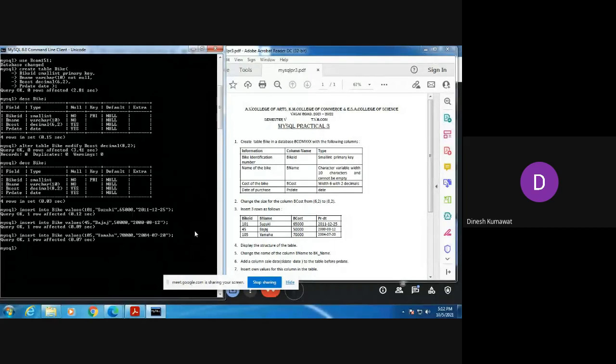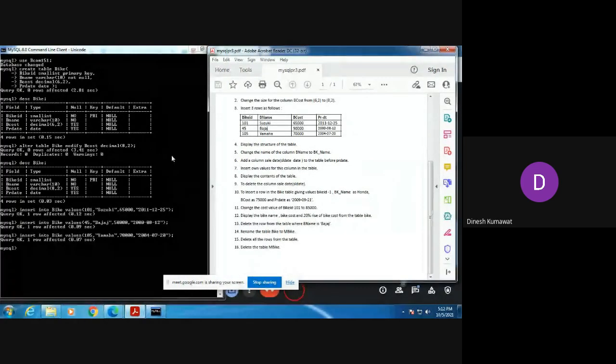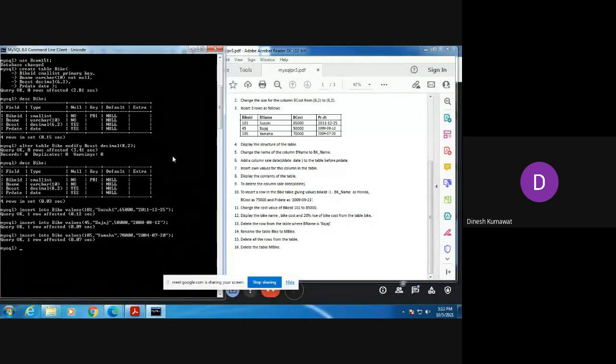Now suppose you want to see this table, then you can see question number 4: display the structure of the table. So using this question, we are going to see our table in MySQL. Can anyone tell me what the syntax is for this fourth one? Display the structure of the table.